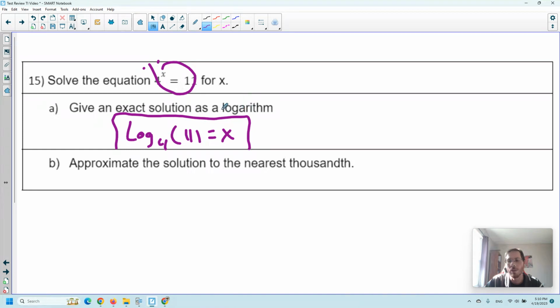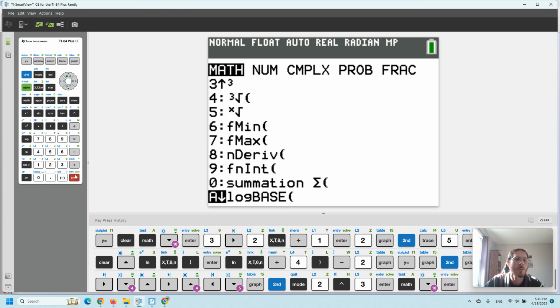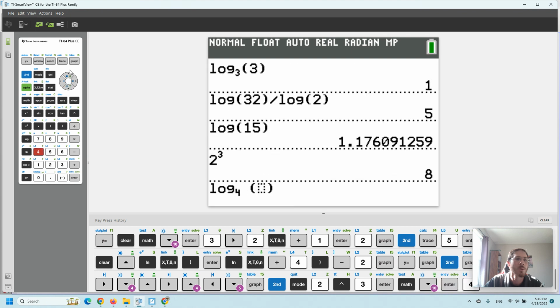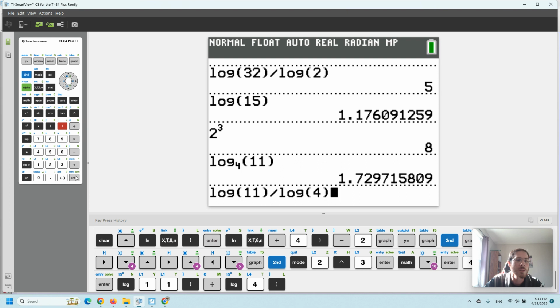So notice it says as a logarithm, I have a logarithm as my answer. Approximate to the nearest thousandth. Again, this is where we're just going to type it in. Let's go down to log base 4 and 11. And we get 1.7297. Remember, if you don't have the log base, you can do log of the inner number divided by log of the base. And you'll get the same answer,